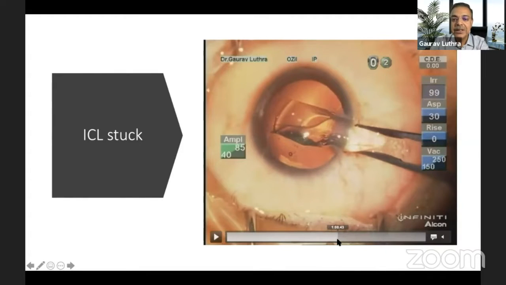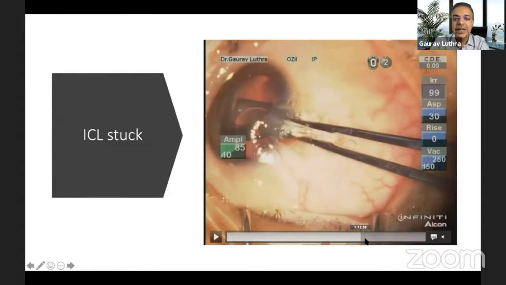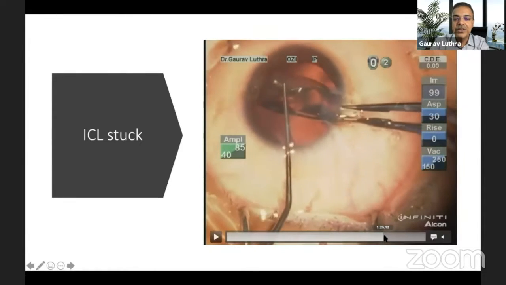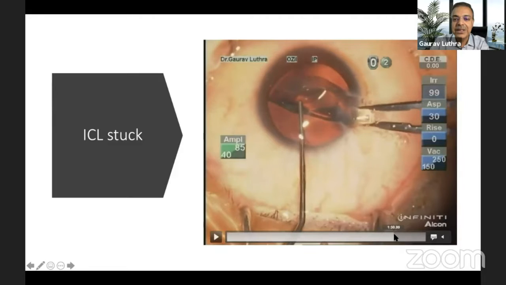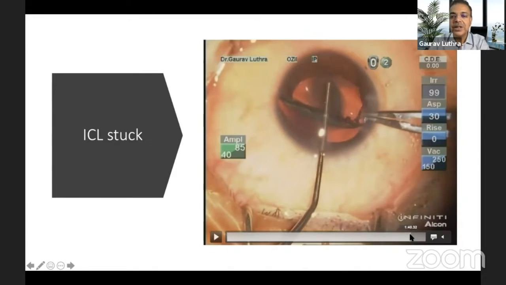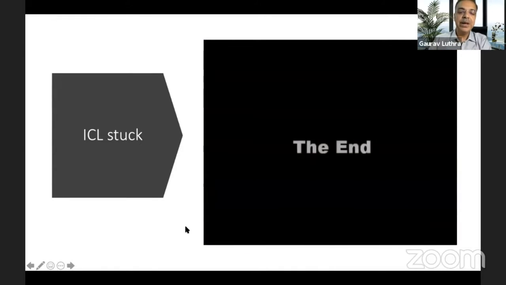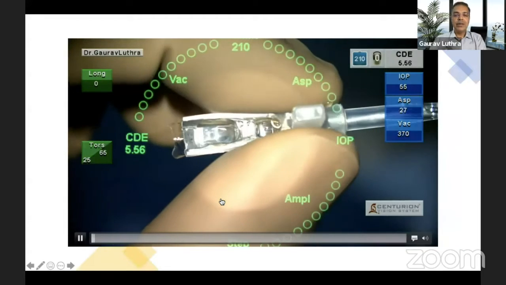At that time, it was still early days and nobody had told us that you can just pull it out with an ICL forceps very easily. I somehow managed to push it through and it twists, and this way you can damage an ICL really hard. I mean, you can damage the optic and everything, but this was what I understood at that time. These were the first 5 or 6 cases that I was doing. So anyway, I managed to do that, but today, how would I do it?